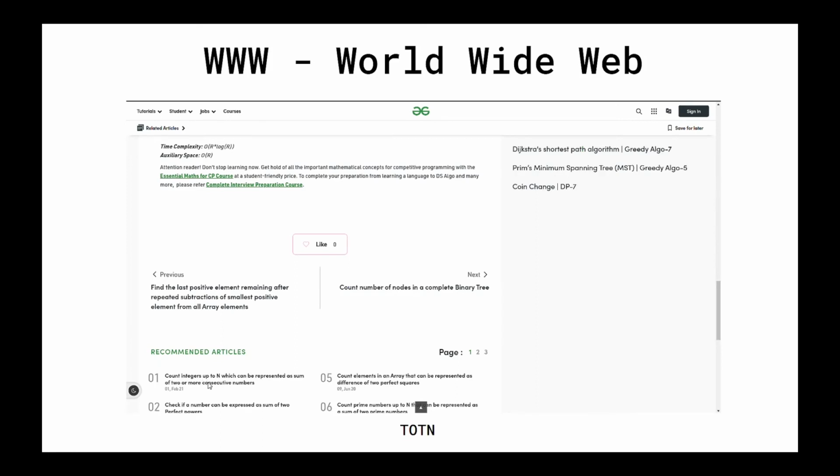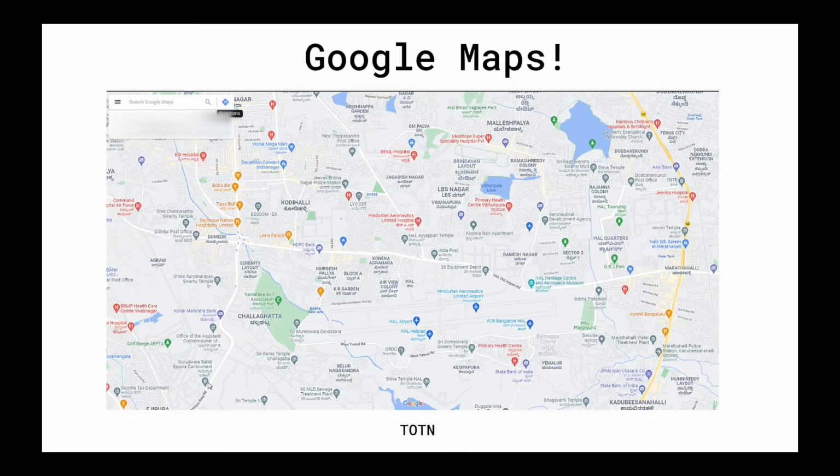Okay, so the next example we talk about is Google Maps. And how can we even forget this example? So this is the most concrete example of graph data structure, wherein the vertices are the area names and the edges are the roads and the paths connecting these areas. So whenever you use Google Maps and search for the path, you see different options to travel via car, via bus, via metro, via walk, etc.